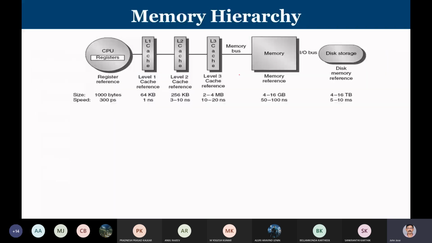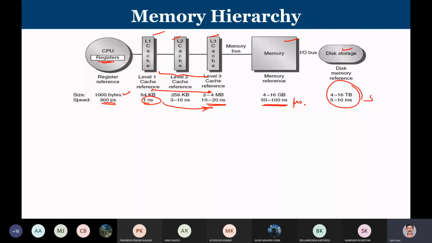So this is how the memory hierarchy looks. You have a disk storage, you have a main memory, and then you have different levels of cache, and the CPU has some registers inside it. Typically registers are a few bytes, and the access time is in the order of picoseconds. Your L1, L2, L3, the number may vary, depending on how many levels of caches there are. They will range from kilobytes all the way to megabytes, with 1 nanosecond somewhat roughly equal to the processor speed, all the way up to the L2 cache with a longer clock cycle time. And main memory will be in the order of nanoseconds or microseconds, and obviously disk will be in the order of milliseconds and seconds. So what we are trying to see is, we are going to have a memory hierarchy